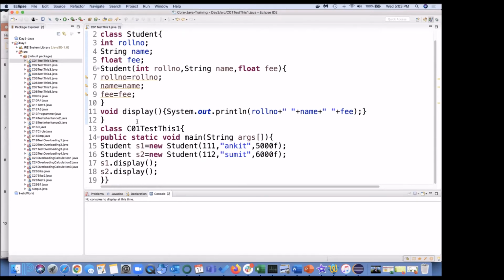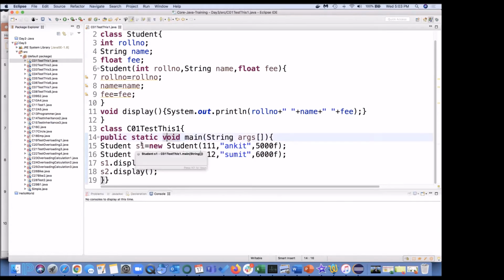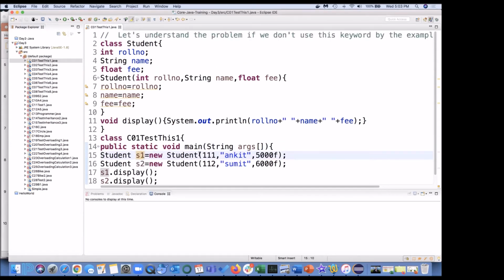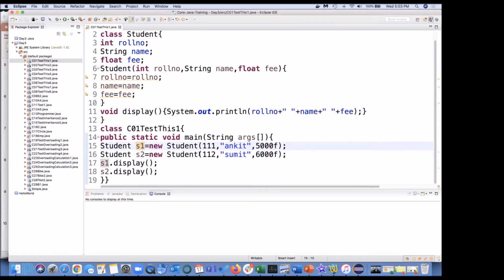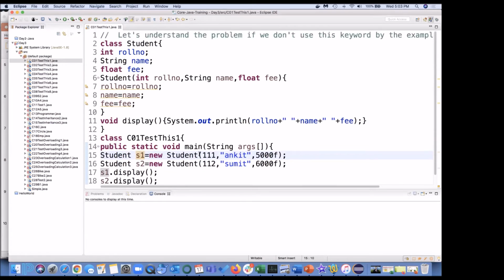So see here, in my main class, I'm having 2 student objects, student 1 and student 2. We don't have any student class in this package or in this folder. So this is a new student class.